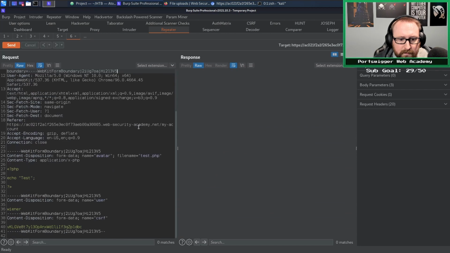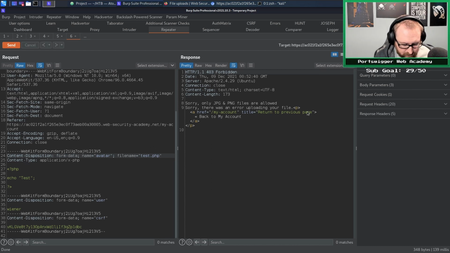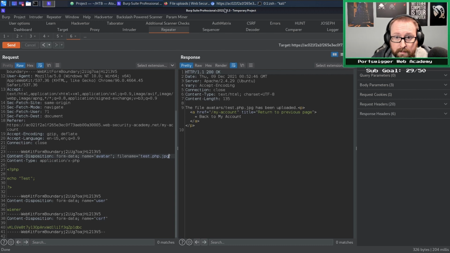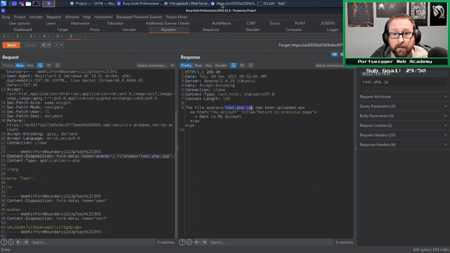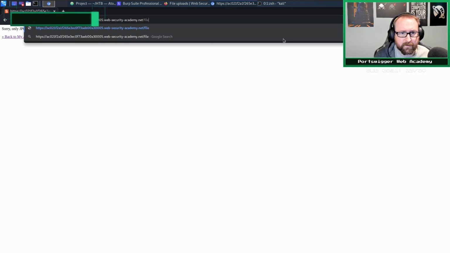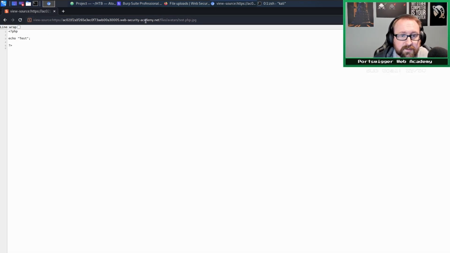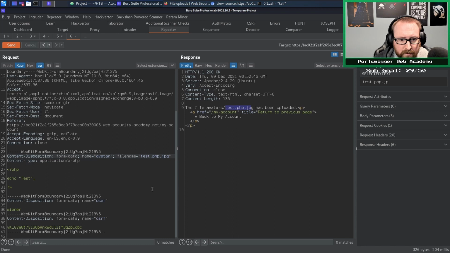Let's go to repeater. So I'll send that so we get the error message. So let's just try adding JPEG at the end, and just seeing if it even uploads. Because what we might have is files, avatars. Obviously we need to view the source. Right, so that didn't do anything. Let's try adding